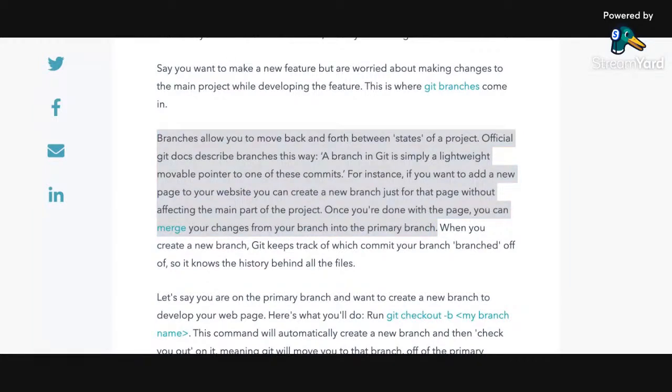So let's say I was working on the master branch, and I wanted to add a new feature to my site, but I'm afraid that once I add this feature, it might break my existing code.